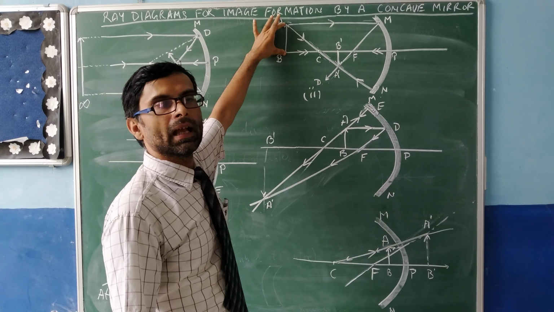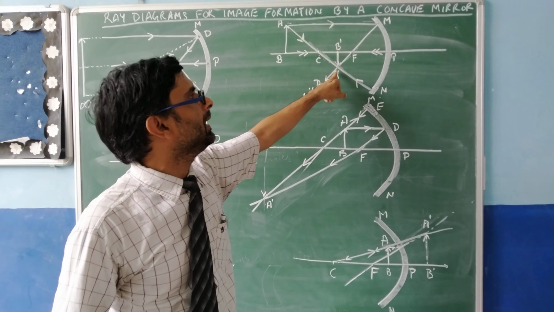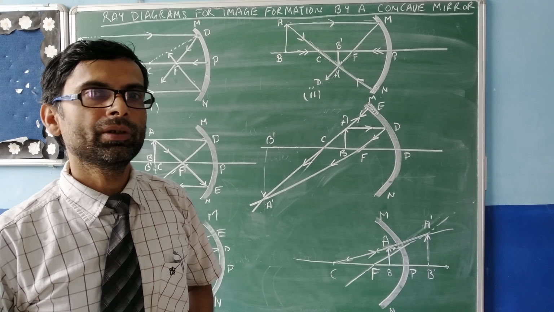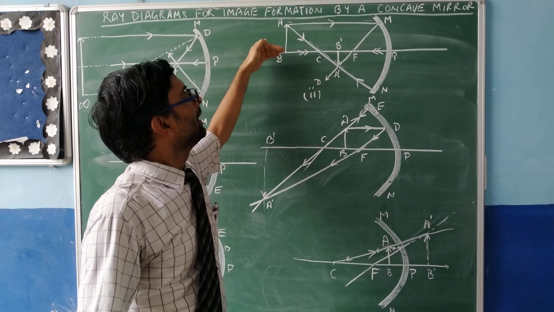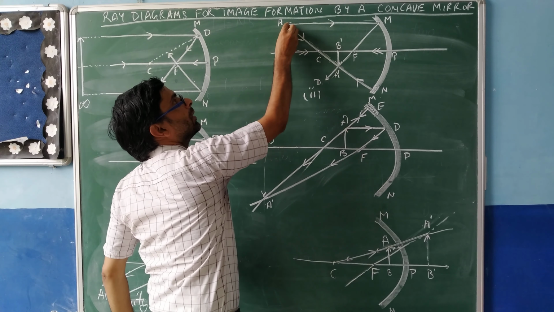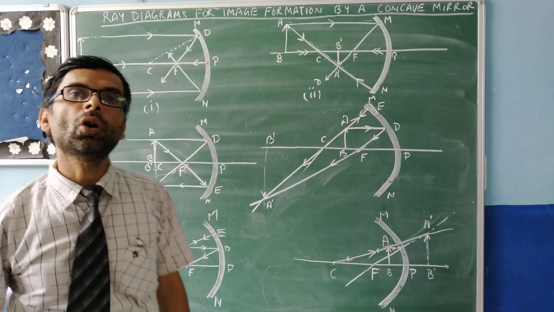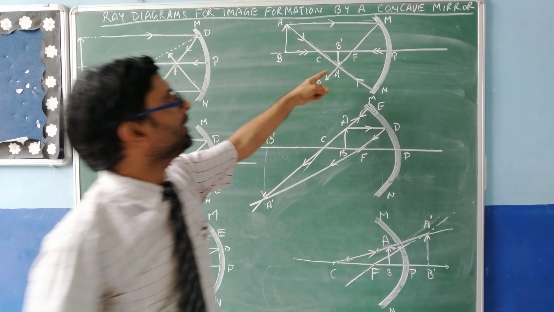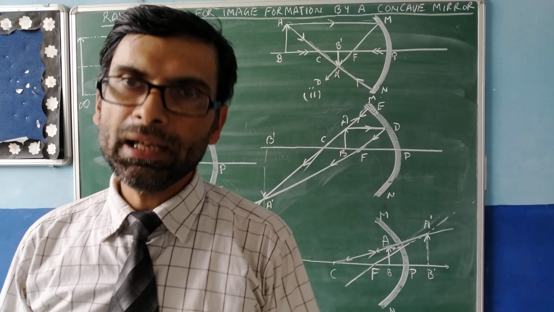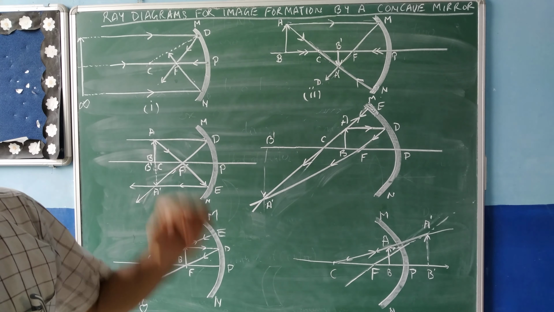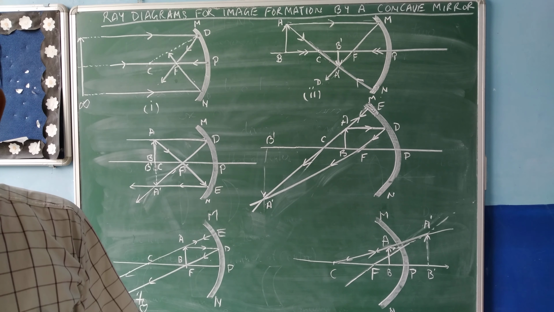Here again, at this point rays actually meet, therefore it is a real image. And see, the image is upright, meaning the arrow going upwards, is called upright, and the image with the arrow going downwards means it is an inverted image. ठीक है. तो ये that was our nature of the image. This is the third case.